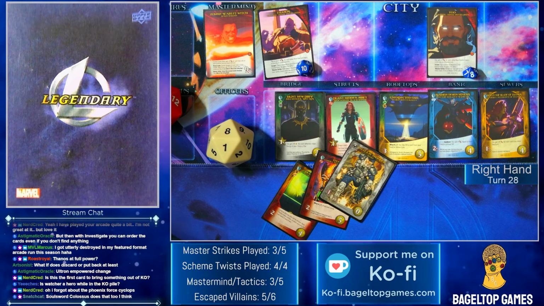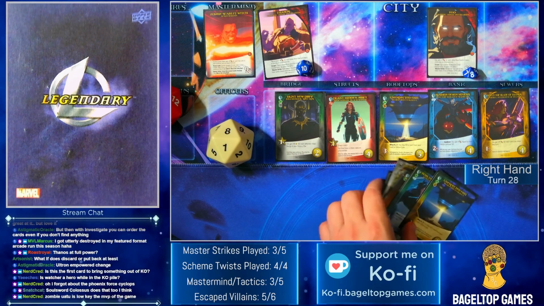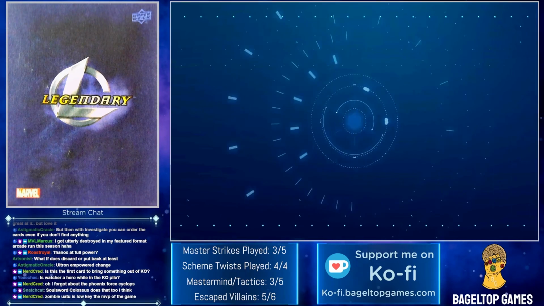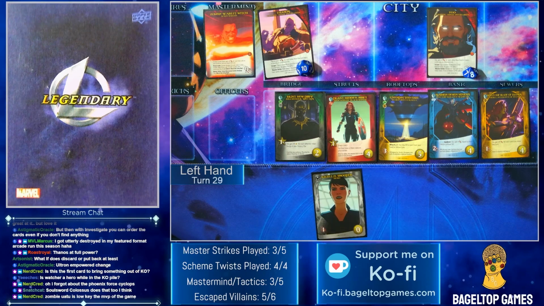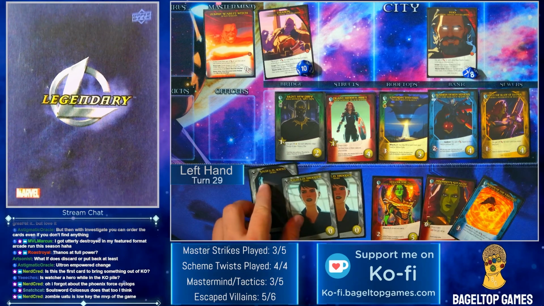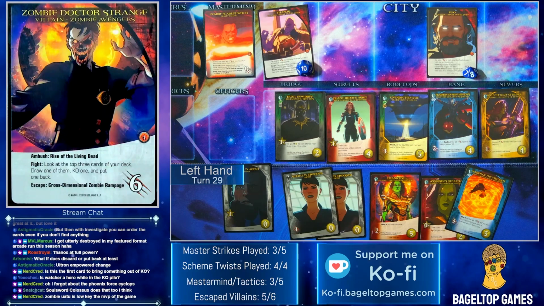Famous last words, right? I could take Zombie Scarlet Witch out and I can get a bunch of escapes, but I think I'm good. 4, 5, 6. Yeah, if what I've been doing with him is legit, playing additional copies of him with himself when he's soulbound, which I think is correct, I think I'm good. Turn 29, Zombie Doctor Strange. Oh, I forgot about Claw. Claw can mess me up. Ambush Rise. So,